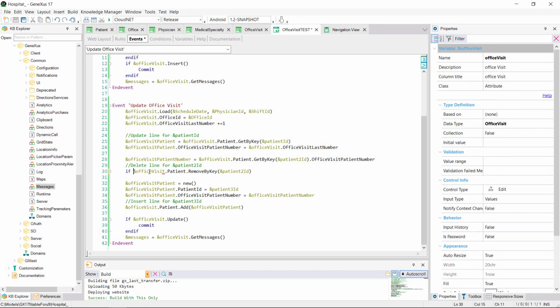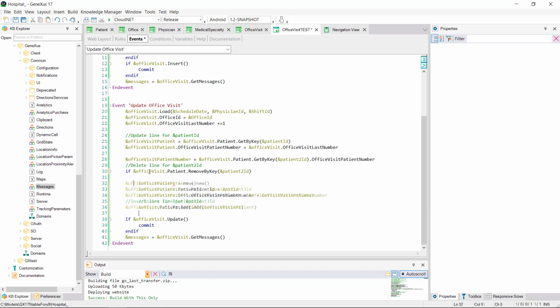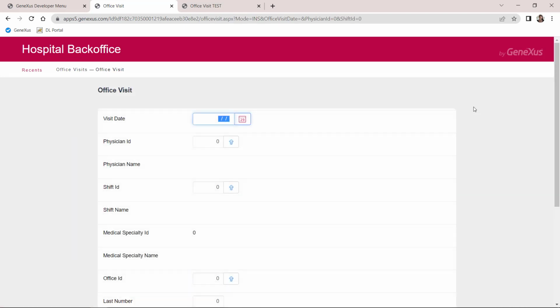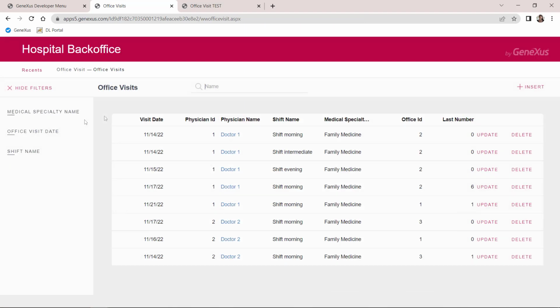We can improve things a bit, asking for the result of the remove operation, and add the line only if it was successful. Last notes. Here we have the office visit on Thursday 17 for physician 1 on shift 1 in office 2. Let's add an office visit with another physician for the same date and shift, but in office 3. If now we want to change the first office visit, that of physician 1, to office 3, which is now busy,